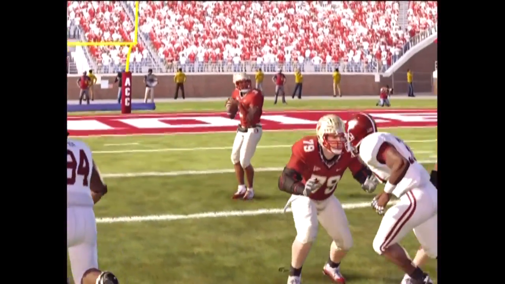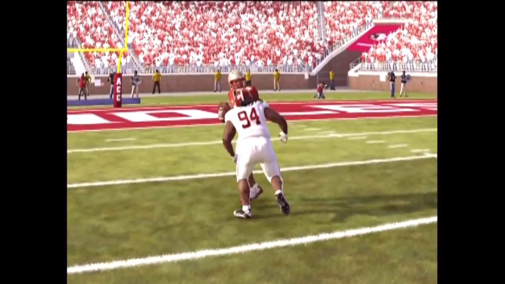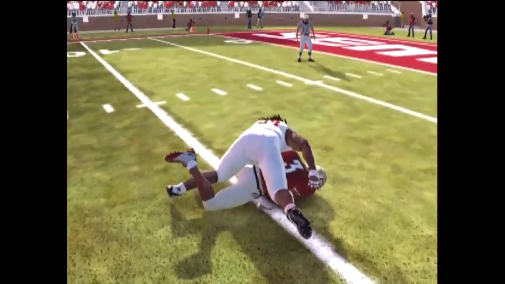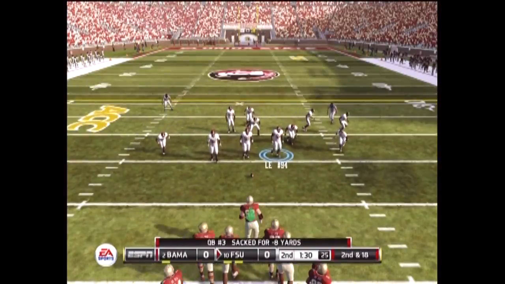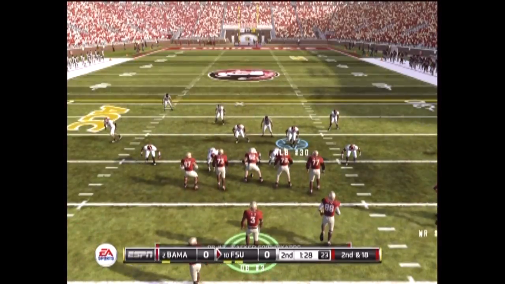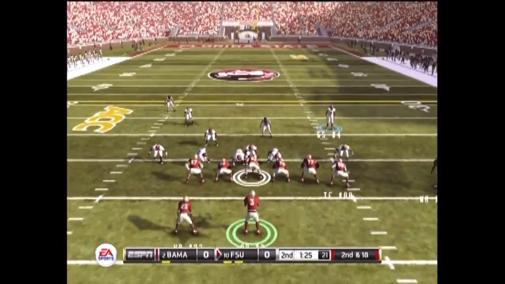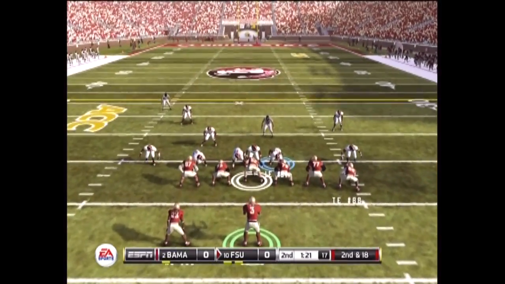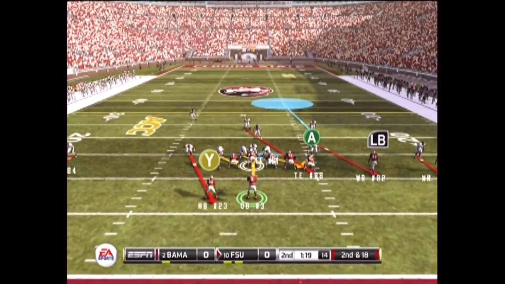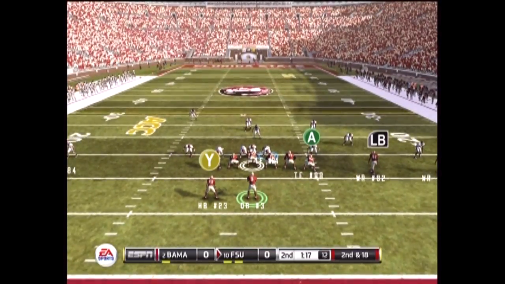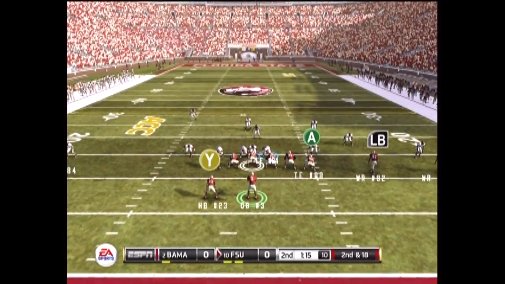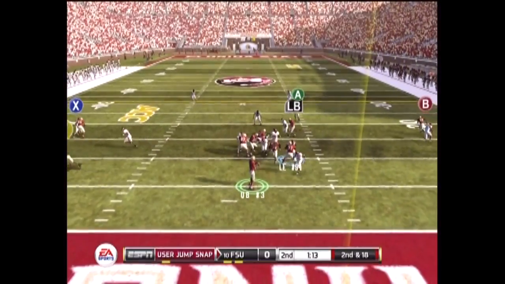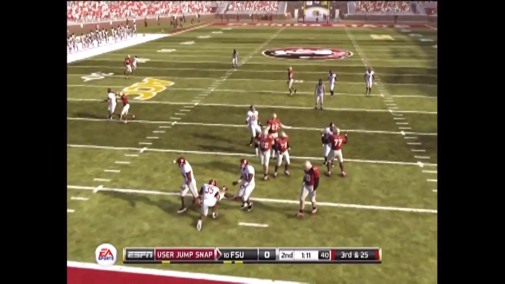The key here is you'll see the right guard slides in and picks up the middle linebacker, and that's what you want to do. Sprint out until you see the right guard move inside and then cut down the right B gap. It's fairly easy to get down once you practice it a couple times, and it's really not too difficult at all. And if you do happen to get picked up by an offensive lineman, our strong outside linebacker on the right is going to come right around and still get